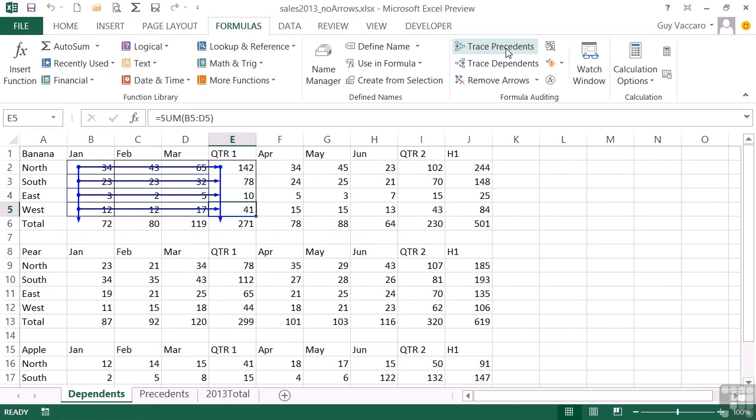These are really meant for troubleshooting. So you're tracing an error backwards, forwards through the sheet to try and find out where the problem might be. So again, a single cell, trace dependents, and you can see the only cell dependent on this one is the total at the end. So you simply select a cell and decide whether you want to trace its dependents or